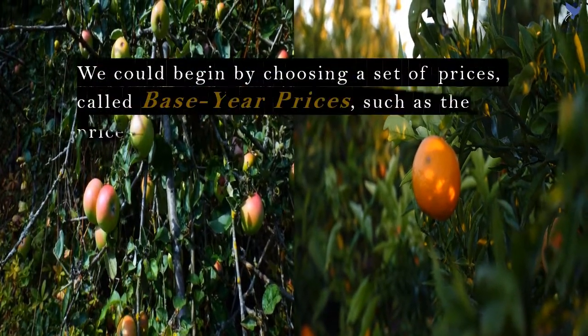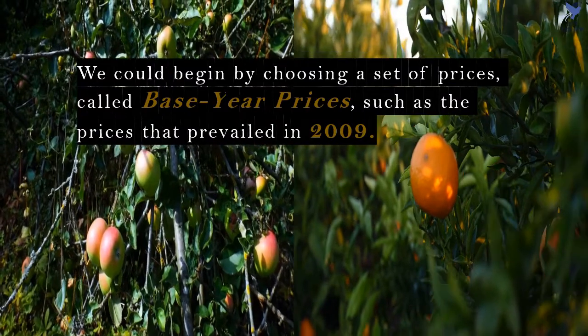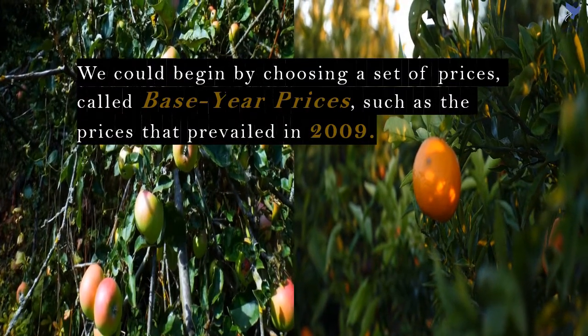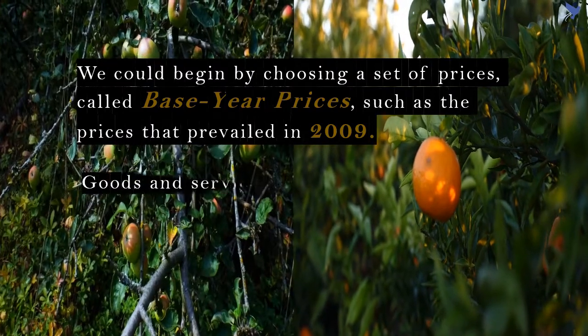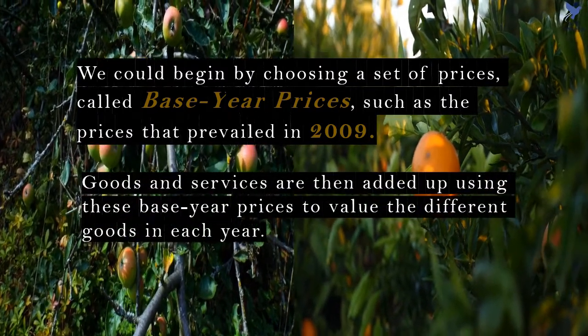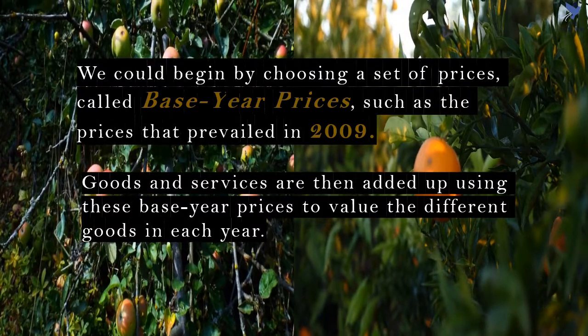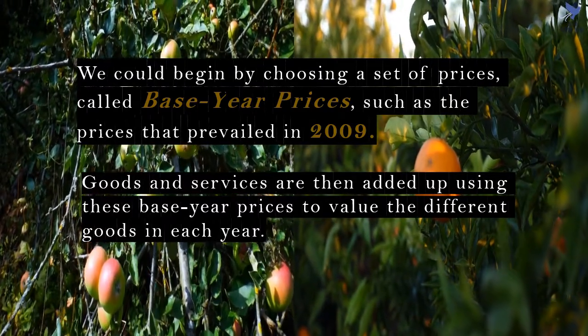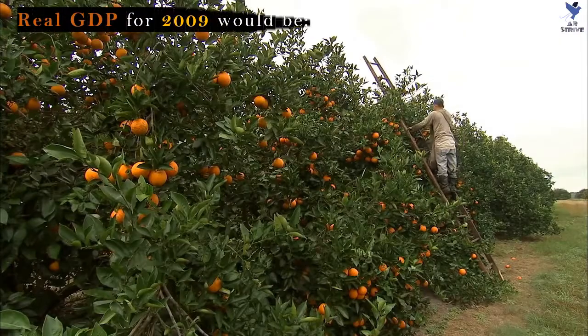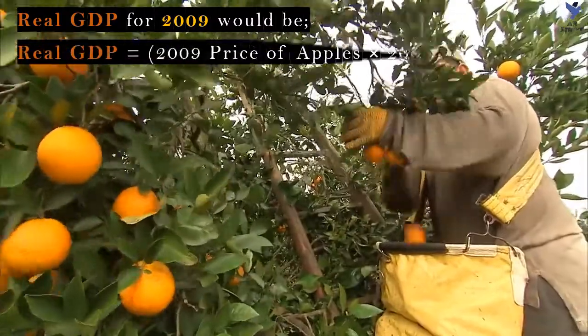We could begin by choosing a set of prices called base year prices, such as the prices that prevailed in 2009. Goods and services are then added up using these base year prices to value the different goods in each year. So real GDP for 2009 would be